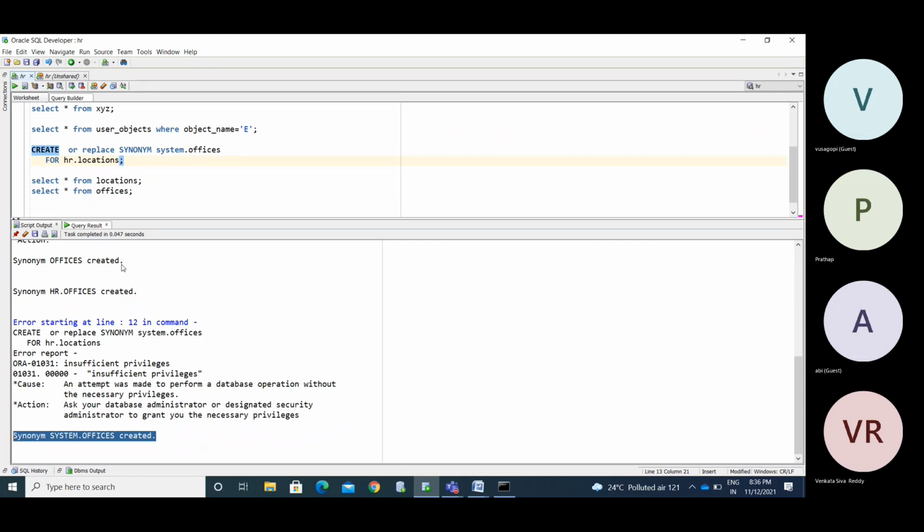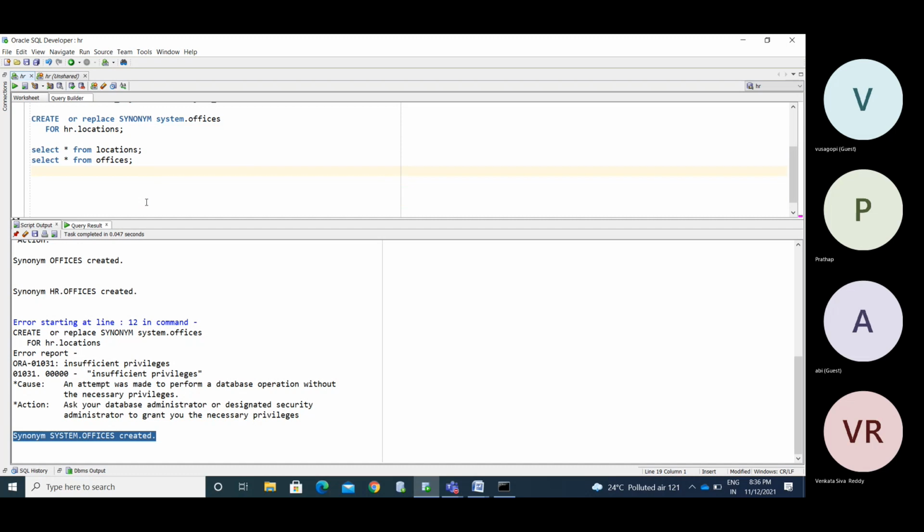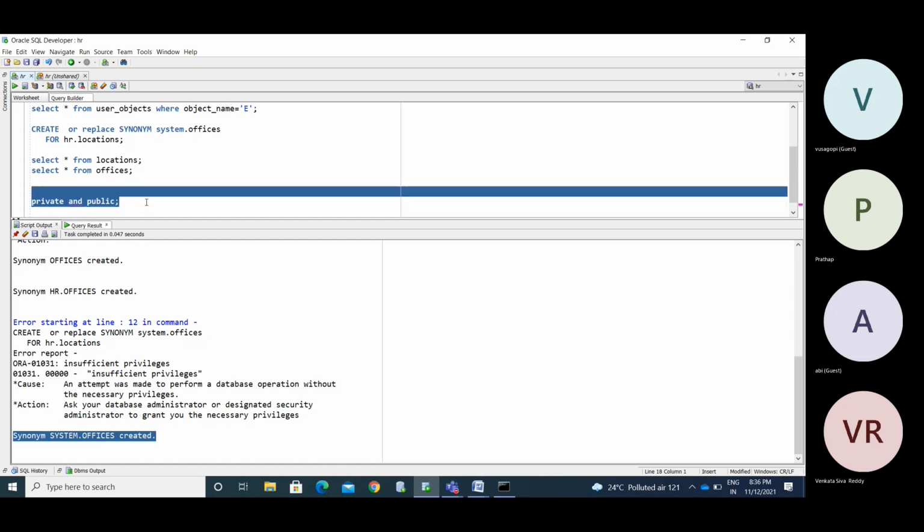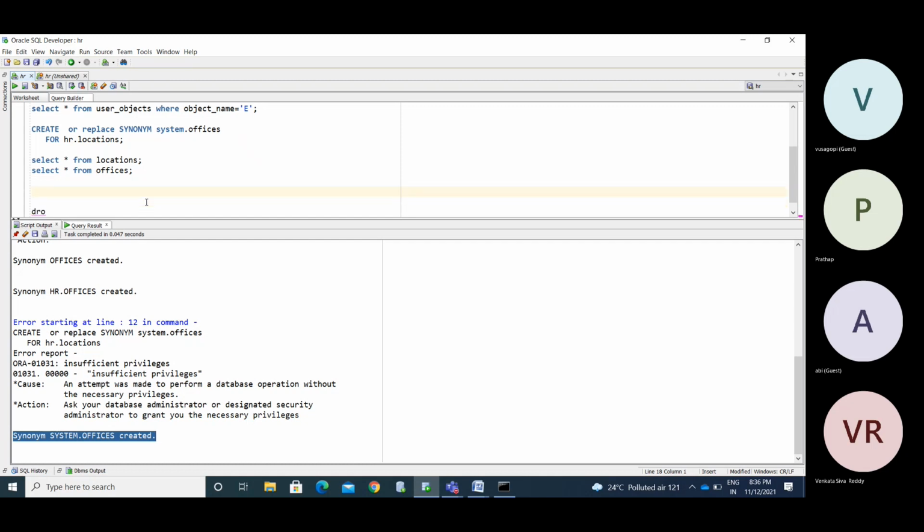If you want to create a synonym in another schema or user, you need the create any synonym privilege. Now we have two types of synonyms: private and public. People use public synonyms daily.